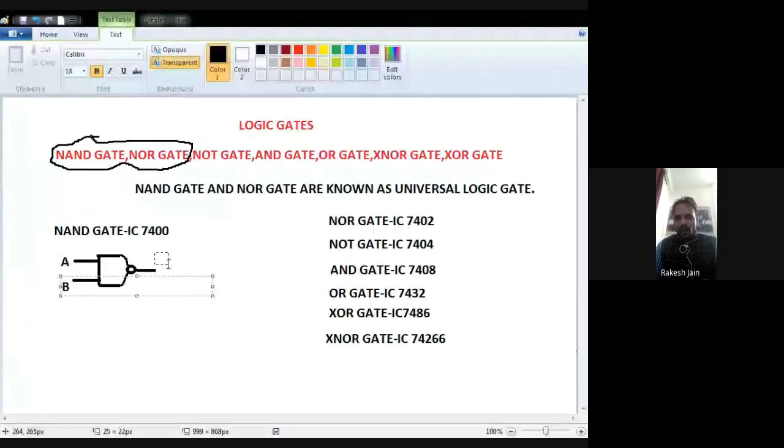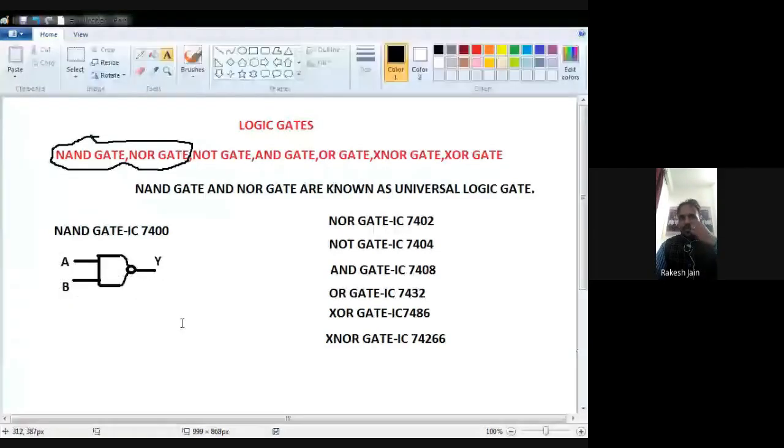These are the input lines. There are 2 inputs and 1 output. 2 inputs and 1 output. This is the symbol of the NAND gate. Always remember, throughout the world, whenever you see any book,